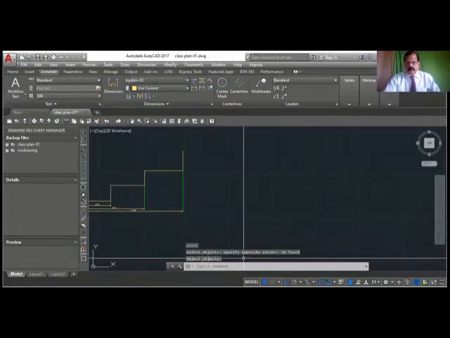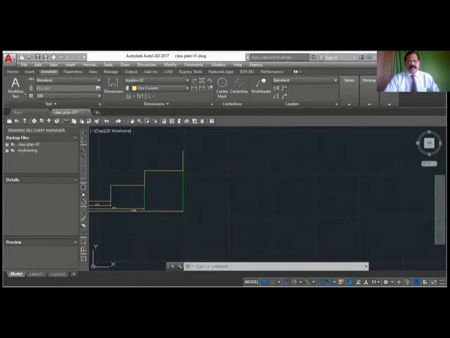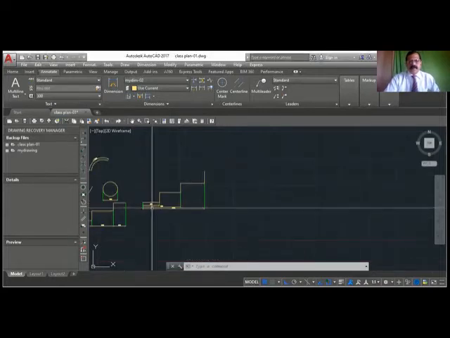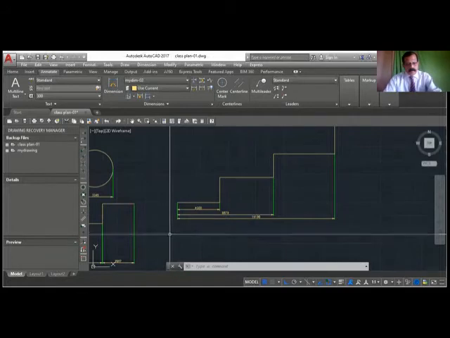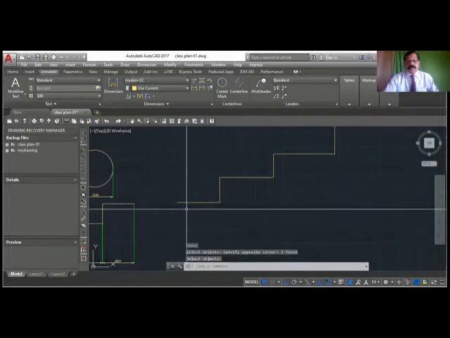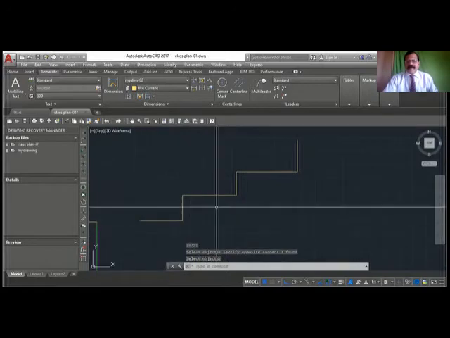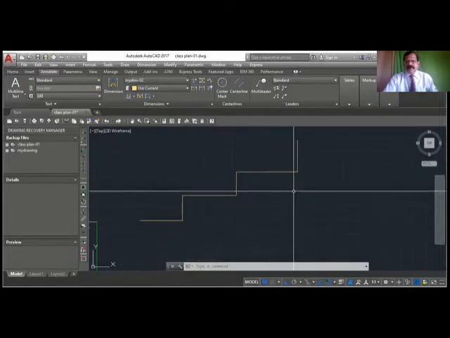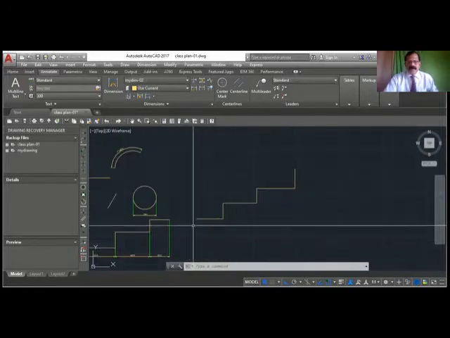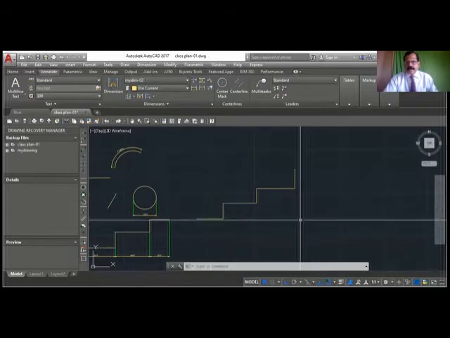Okay. So now you can see we have another very interesting command called qdim, quick dimension. What is the purpose of that? I can do all these dimensions with one command instead of going dim lin, dim continue, no need.